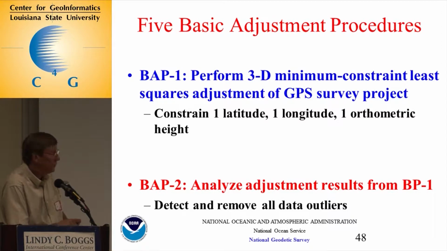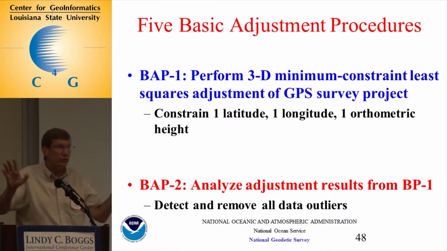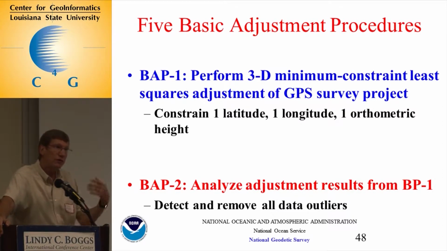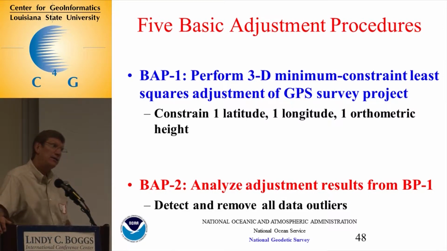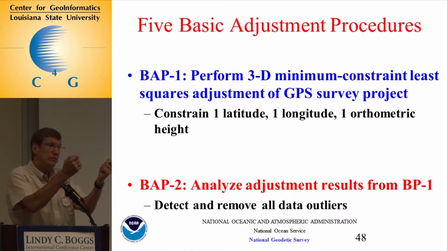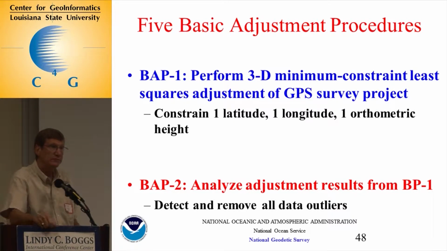So you do a free adjustment first, and you analyze that adjustment just as free. This is where you put all the data in there. You've got a bunch of vectors in there. And if you follow the guidelines, for every station pair, you have 2 vectors. And there are 2 vectors saying this is what the height difference should be, this is what the latitude difference